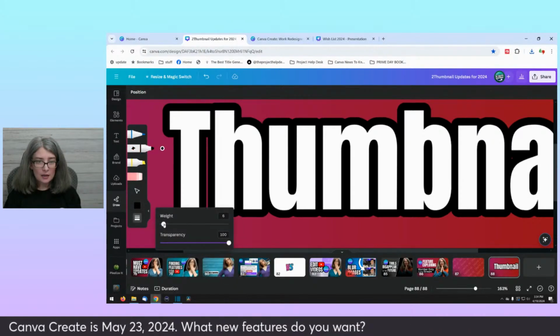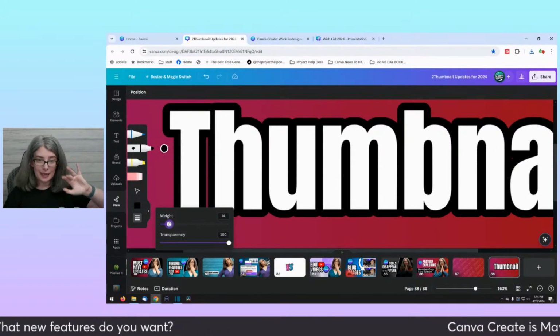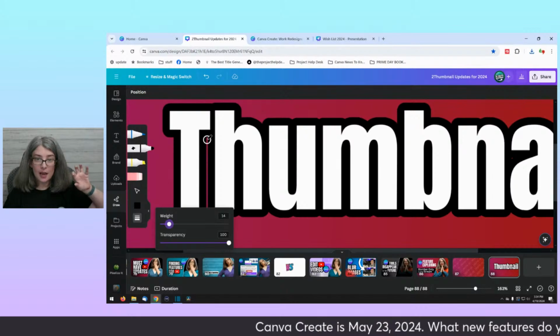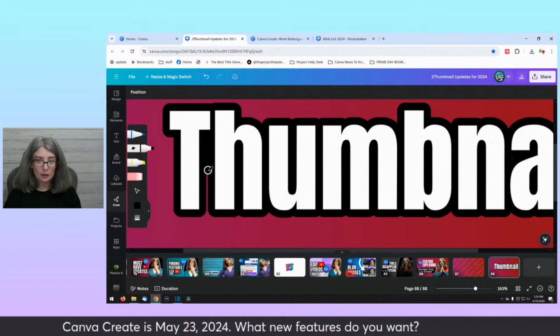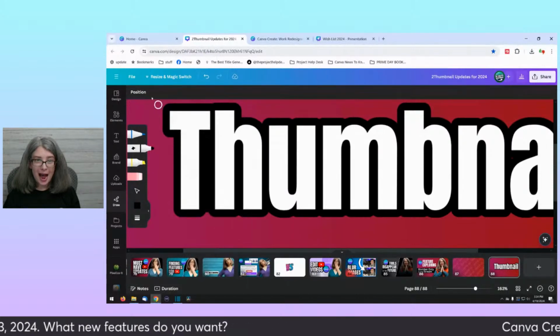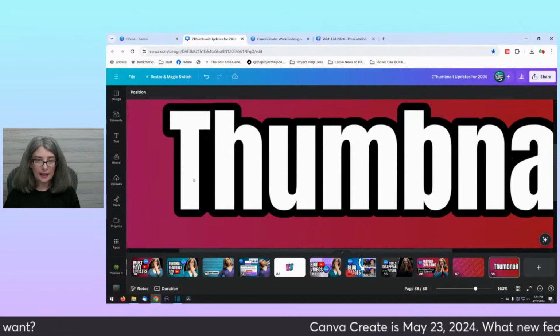So you see, what I was saying with the Draw app is that I wish that you could save it and it would stay consistently across all designs. That's a case of it. Because I always use about this weight and I always use this color. Well, I can hide that little spot. So let me hide that.